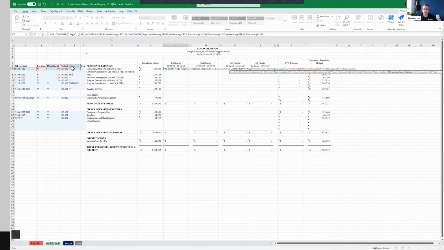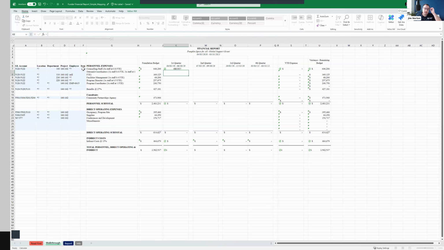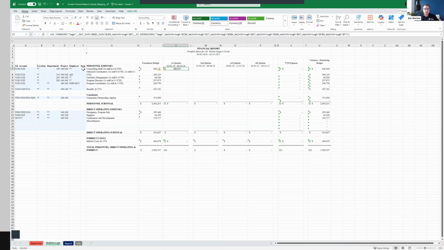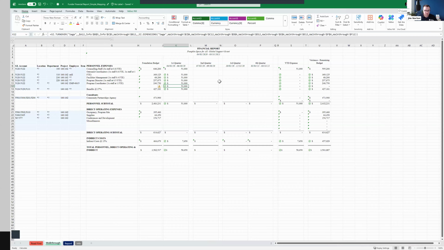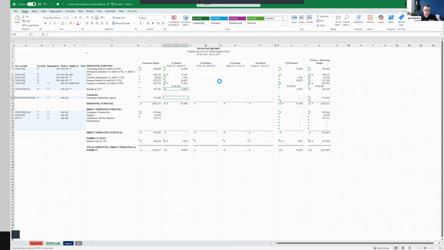So I've got employee. And last but not least, I've got item. Close that up. And I'm now going to be getting the turnover or activity for each of my funder line items for this particular period. And again, simply copy that down and fill in whatever.